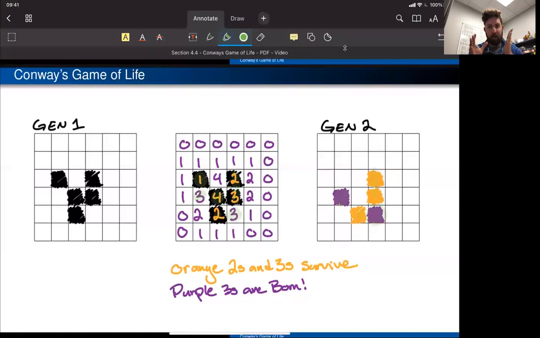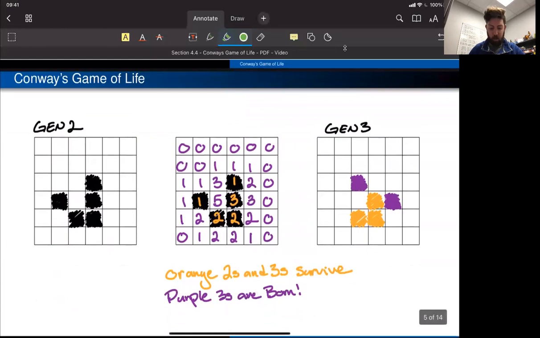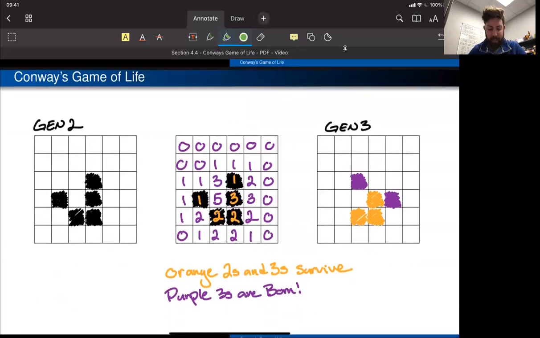Not too crowded, not too lonely, maintain my current course of action. Sweet. All right. Gen 2 to Gen 3 then is rinse and repeat. The whole game, same game. So what I'm going to do is take that Gen 2, lock it into the black mode, slide it over to the middle, spam it with a whole bunch of purple and mac and cheese orange numbers,